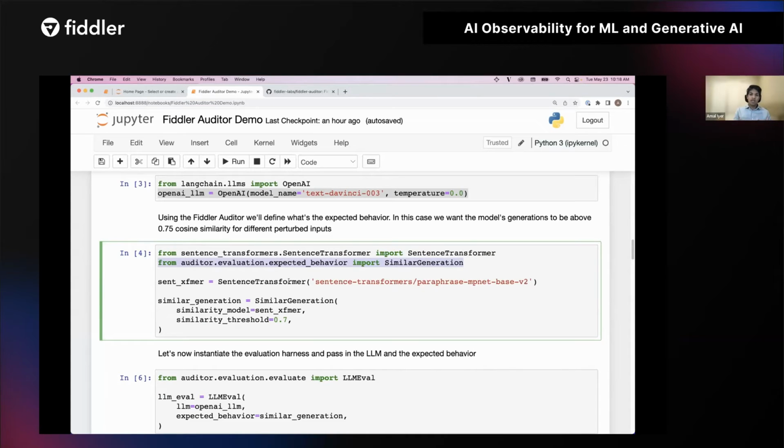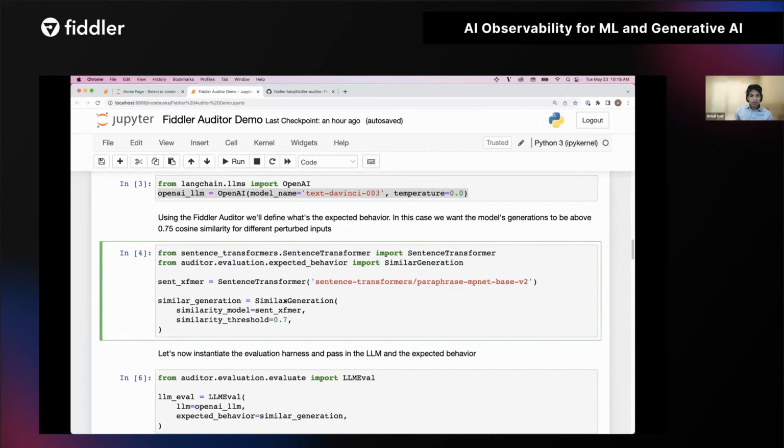You now want to perturb and see if the responses to your perturbations are similar to your expected response. The way we do this is with the help of yet another model called Sentence Transformers. This is an open source repository, and we are using a specific model which has shown good performance across a range of data sets for this specific task of generating embeddings.